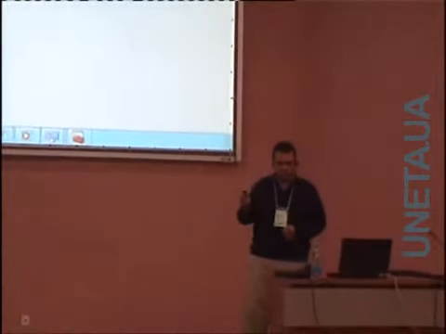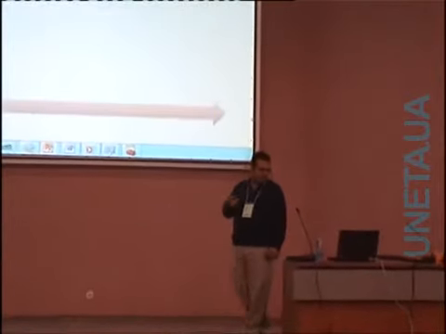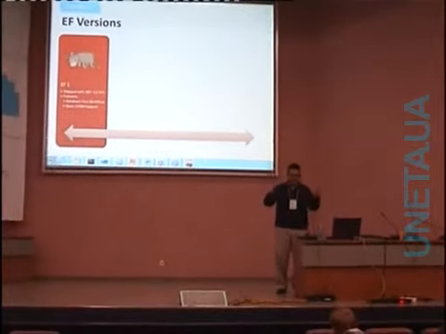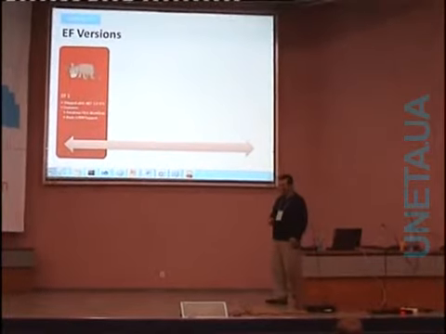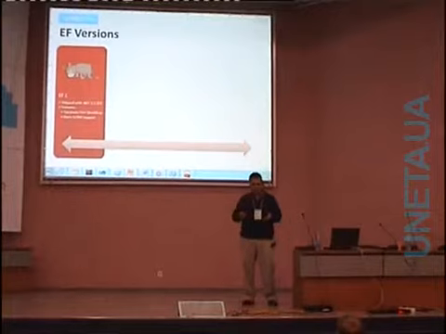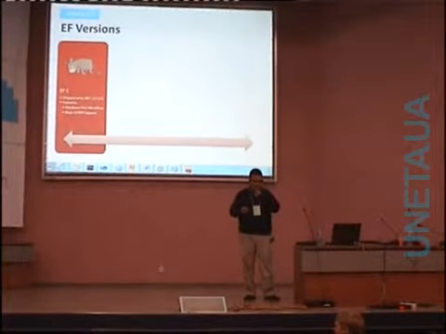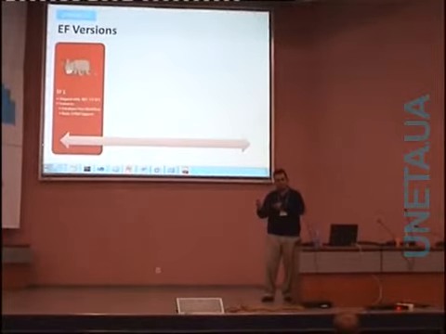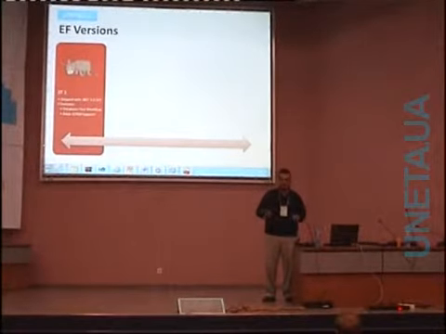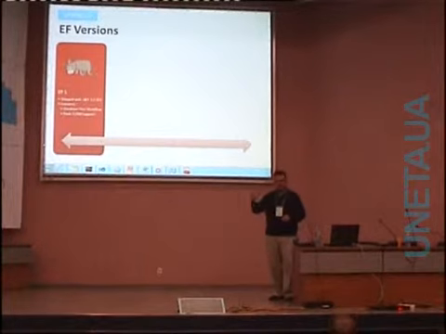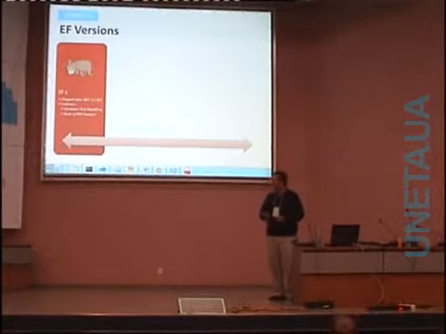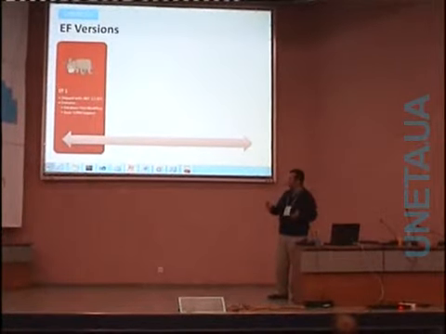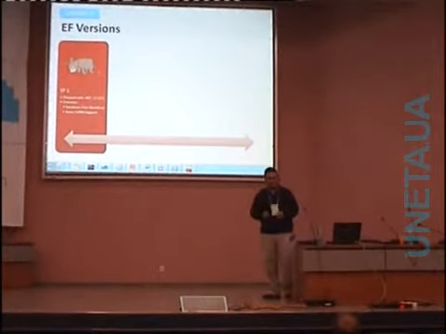Okay, so talking about the history of the EF. In the beginning, there was EF version 1. Now we are using animals to describe EF because one very well-known evangelist called Scott Hanselman decided that the new version was called the Magic Unicorn Edition. So we tried to figure out what the first version would be called, and it's something like the donkey that doesn't have any love or something like that.